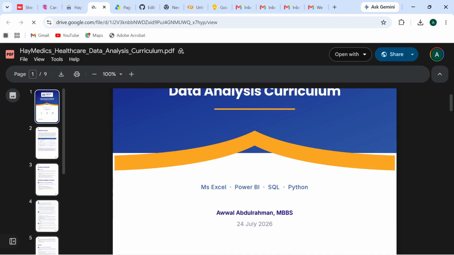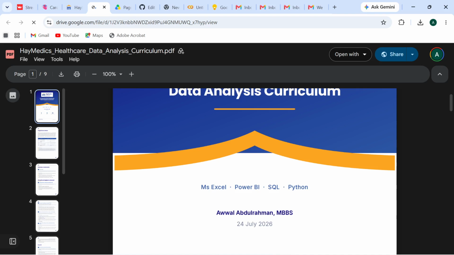So these are the curriculum syllabus. Can you see the golden color, the blue color? Can you see the transition? Can you see the smooth design? Can you see the header? Look at this header now. Comprehensive healthcare data analysis. This header is professionalism. Can you see the logo at the left side and the title of the document at the right side on the header? It's going to reflect throughout the pages of this particular